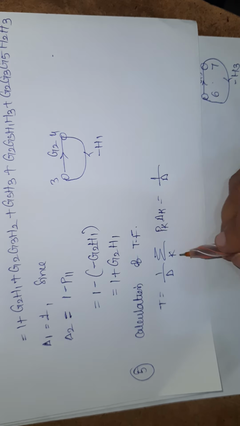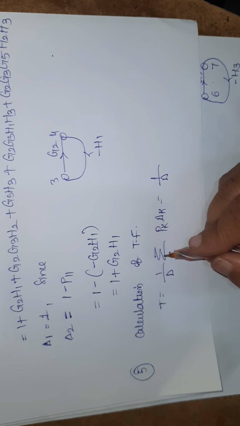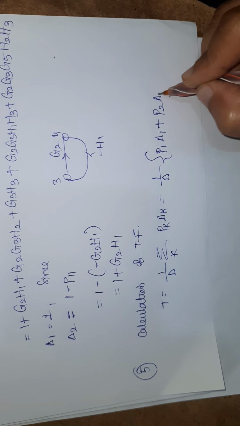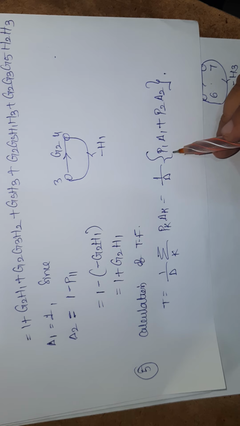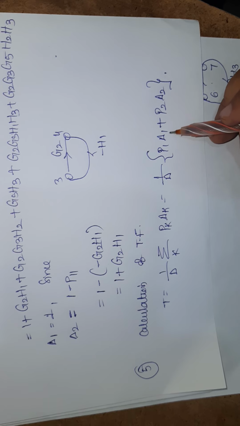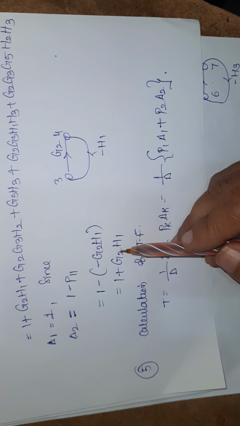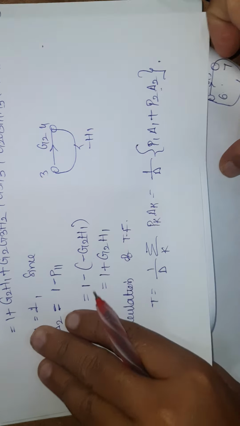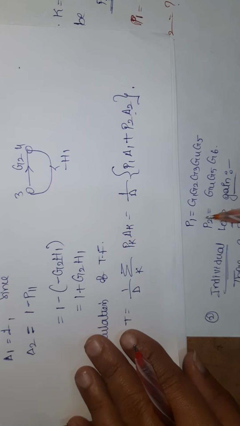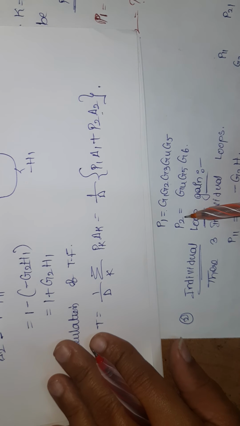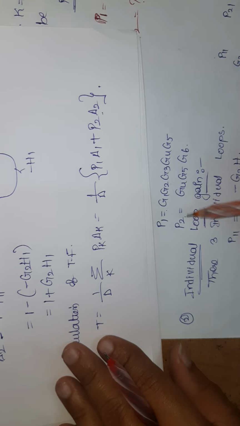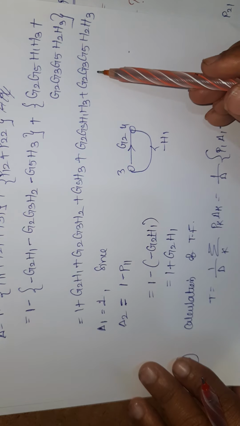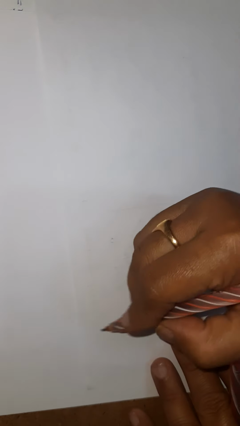As we are having k equal to 2, the summation is nothing but we have to add P1 del 1 plus P2 del 2, right? So we know what is P1, we know what is del 1. Del 1 is always 1, del 2 is nothing but this one. And P1, P2 we have in the first step. And we know what is del. Del is nothing but this one. Okay. Finally, we have to write the answer.